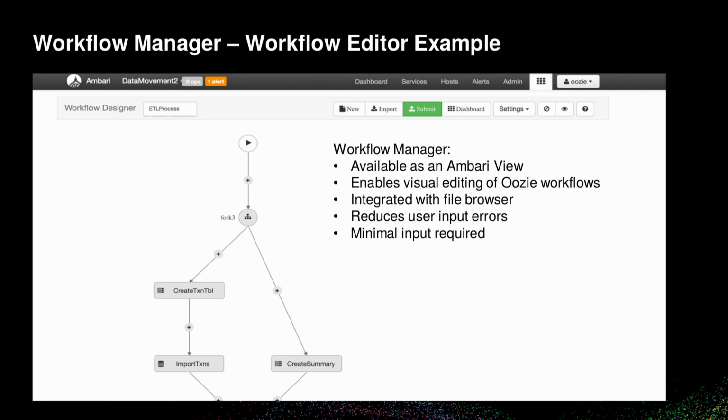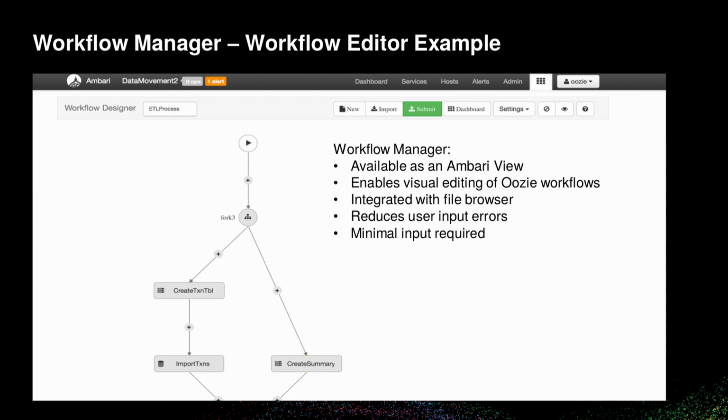So with that, to walk through a little bit more of the UI, there are 2 main views. You've got your workflow editor, and then you've got a view to see how those workflows run. The workflow editor is part of the Ambari view. When you go with your web browser to the Ambari view, you can launch this. You log in as yourself, so it is multi-tenant. If you run a secure cluster, you don't have to worry about everyone submitting their Oozie job as the Ambari user. It enables the visualization, and this is what Artem was mentioning with bundles. If you need to visualize what your workflows are doing, this is a really useful tool.